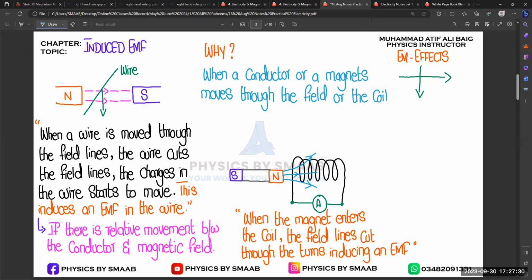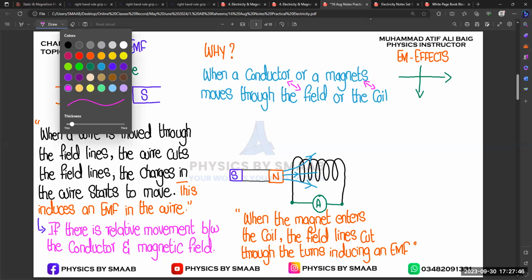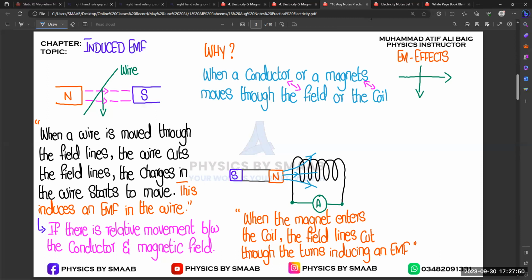And the wire passes. So basically, if we are working with the conductor, we write with the reference of the field, and if we are working with the magnet, we have to move it through the coil, right? So this is the only difference. So when a conductor or a magnet moves through the field or the coil,